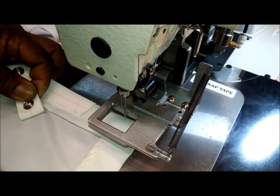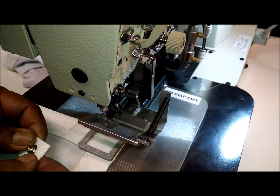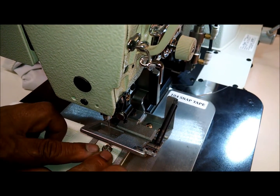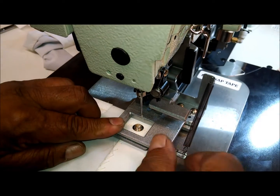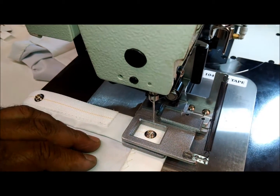Application for sewing this little snap tape on the end. So when you step on the pedal slightly, the nest will come down. You're going to have to hold it because it won't lock in unless you go to a 3-pedal operation. And once you get that in place, then you can step the rest of the way on the pedal and that'll lock it all in. And then you could just...